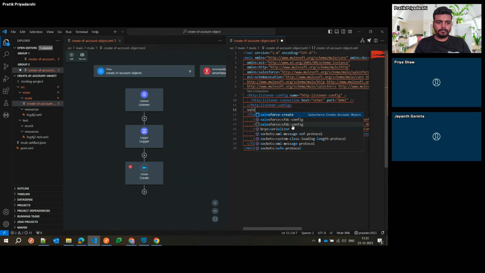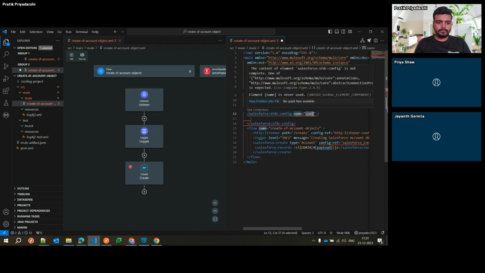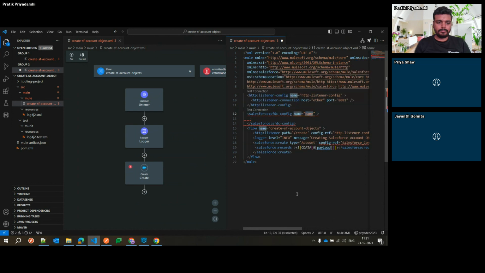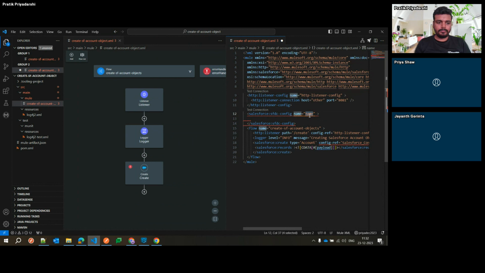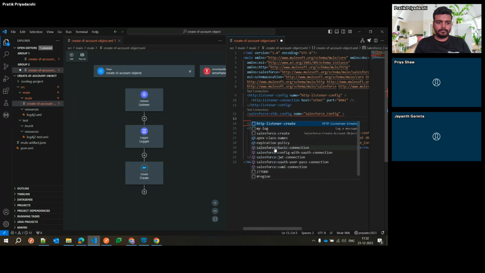So yeah, we have a code snippet over here also, and here a built-in one. So let's go with the built-in one, and I'll name it accordingly, Salesforce config, and here it is, Control Space. So yeah, that's the thing: I press Control Space and I need to choose what kind of Salesforce